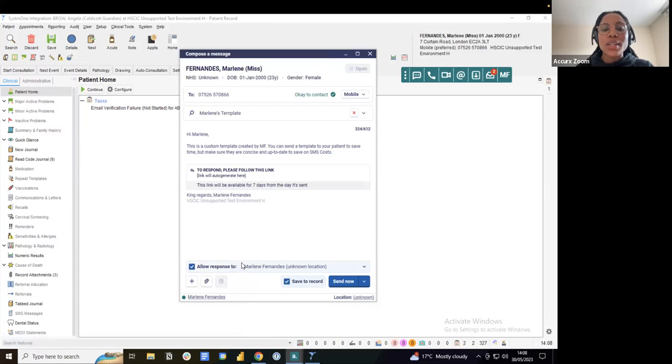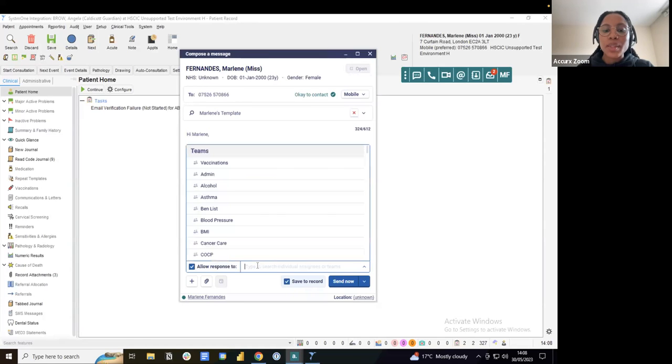And then over here, you have generally your name, and that's because we have the assigning function for the patient's responses. So in this case, for instance, I have my name because I'm the one who's going to be sending a message to the patient. But if I want to change that, I can do that by clicking on my name, and I have another drop-down list that appears. So here, for instance, I can view teams, and I can assign the patient's response to